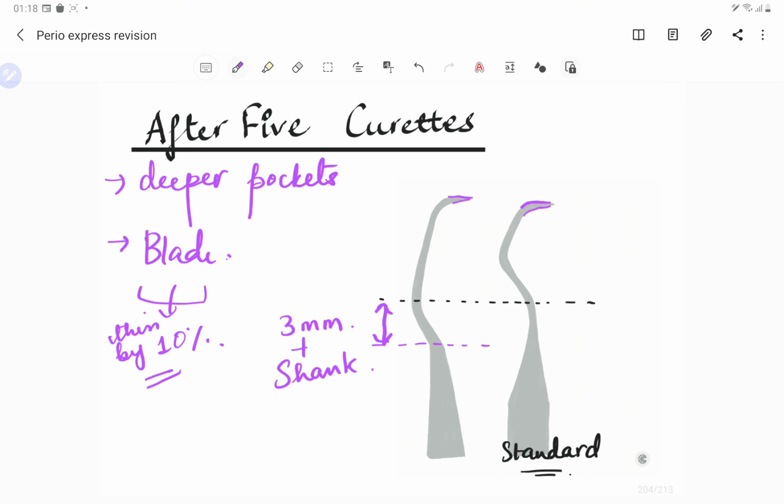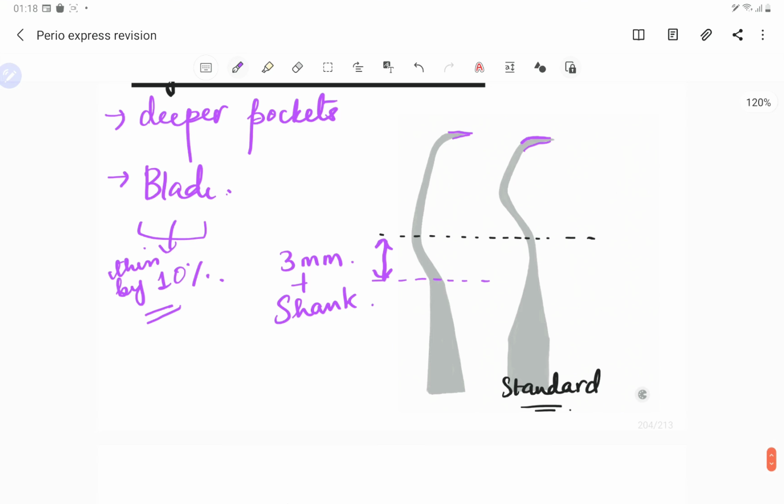This is in order to give an easy gingival insertion, and it reduces the tissue distension. So this is after 5. You have to remember that after 5 curette there is shank is elongated to 3 millimeters to provide better clearance